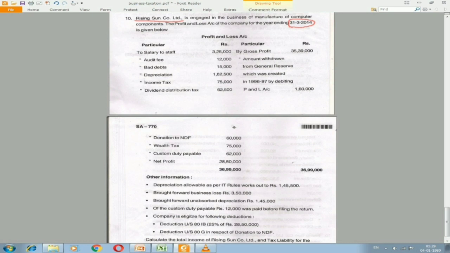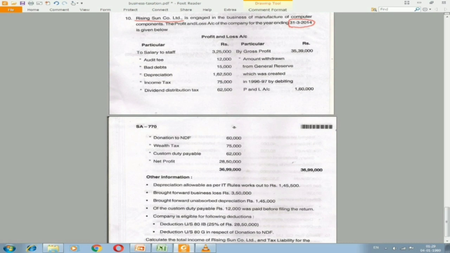And also you can see they have already given the amount, which is rupees 28,50,000. On this amount only we need to take 25%. If they have not mentioned that particular amount in the illustration, then we need to take that percentage on business income. That is what we are going to do under step 1. Whatever we get as taxable income from business, on that income we are supposed to take 25%. And one more deduction, which is under section 80G, which they have already mentioned.